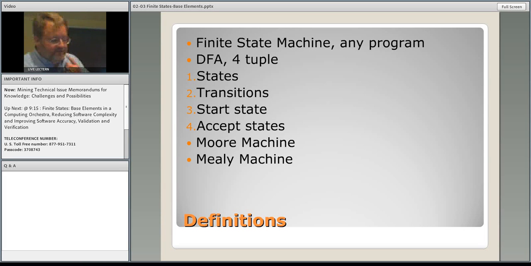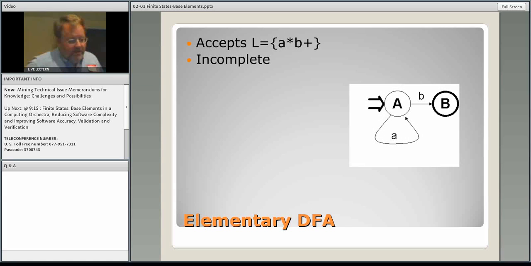These can be either Moore machines or Mealy machines, those from the EE type world, whether the inputs or the actions happen on the transition between states or actually within the state. And it doesn't really matter to me from a software point of view which of those is being used. For example, in standard compilation or compiling technology, you can have a finite state machine. And in this case, we have a DFA that's going to be accepting a*b+,